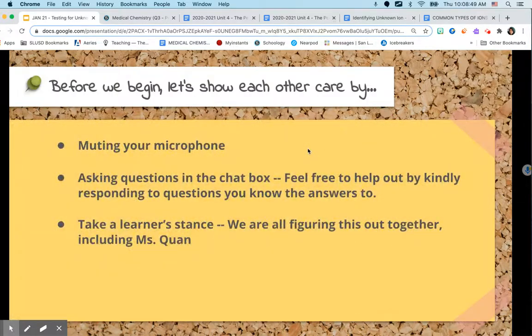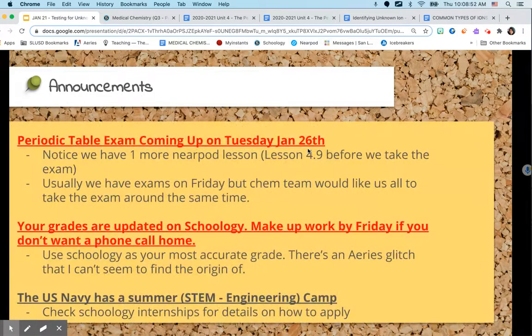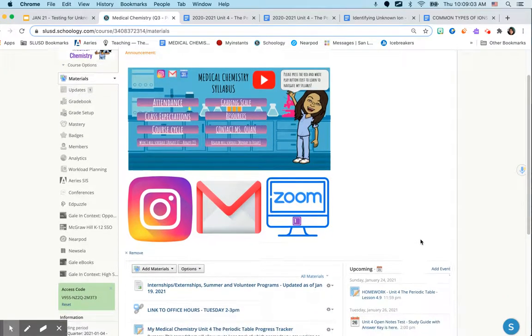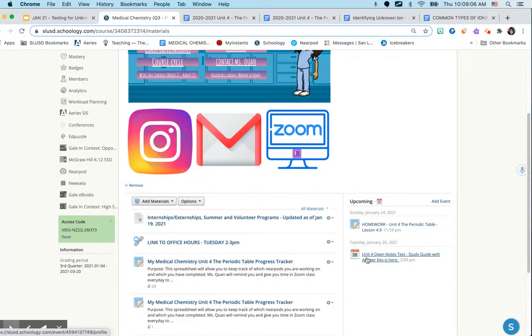A couple of general announcements before we begin. One, you have a periodic table exam coming up on Tuesday. On your main Schoology page, whether it be period 1 or 5, scroll down to the calendar events. This reminds you that on Tuesday, January 26th, you're going to have a Unit 4 Open Notes test. Linked in here is the study guide along with the answer key. If you click on that,